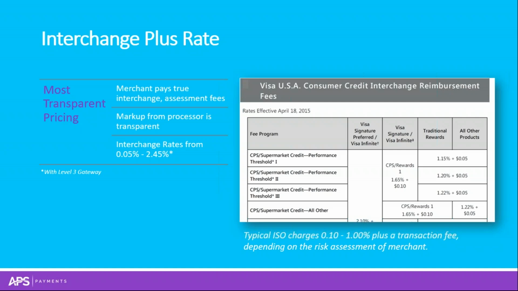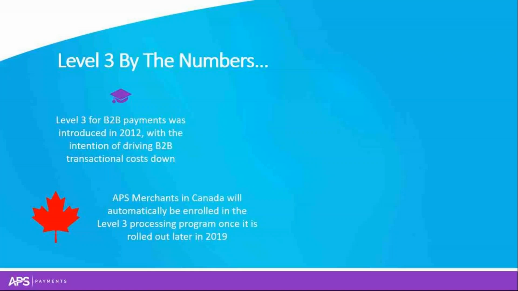With APS, we pass down that hard cost. You'll also be charged a small markup, just like every other pricing tier. However, the difference is that APS actually displays our markup for every single transaction on your merchant statement so that you as the merchant know exactly how much APS is making off of your day-to-day. The benefit there is not only transparency, but with transparency also comes very competitive rates, since we always have merchants like you holding us to account and asking us questions about what we're charging you.